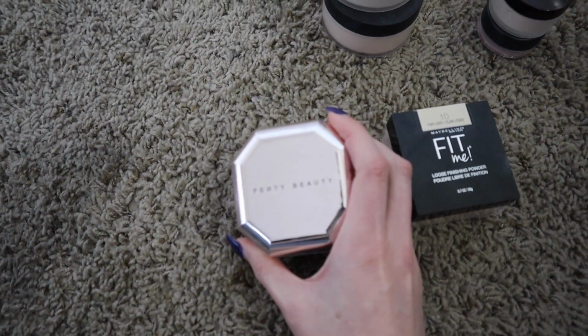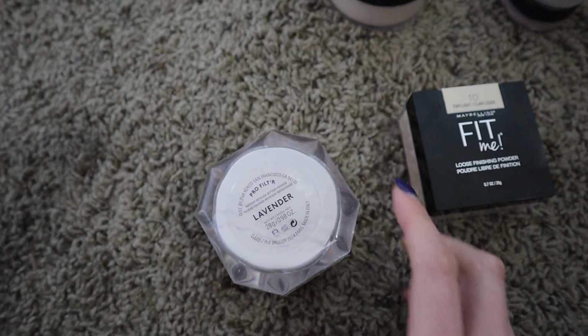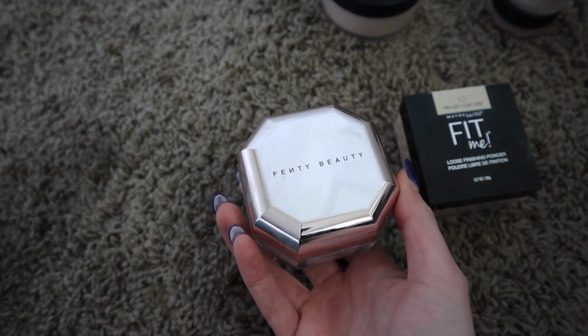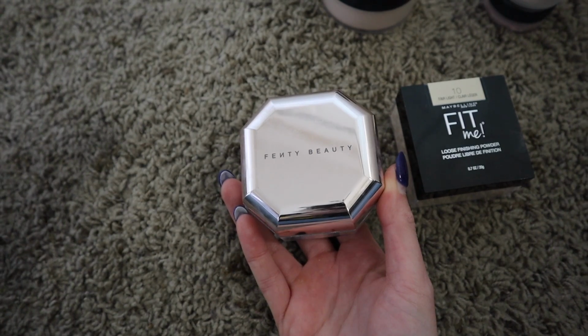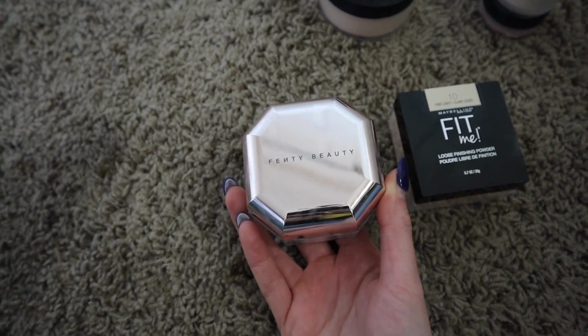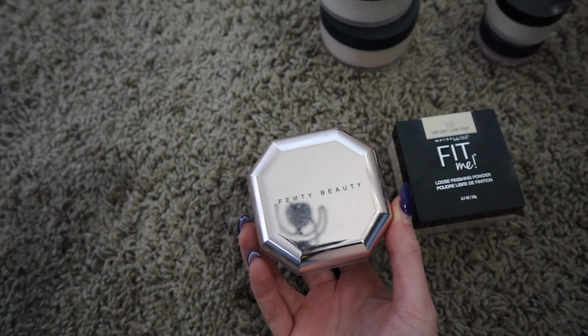And then this Fenty Beauty, what is this called? This is their Lavender Pro Filter powder. I've been using this every single day to set my under eyes. I've mentioned it before, do not use this if you're going to be taking flash photography. I got a horrible flashback when I wore this at my engagement party, but